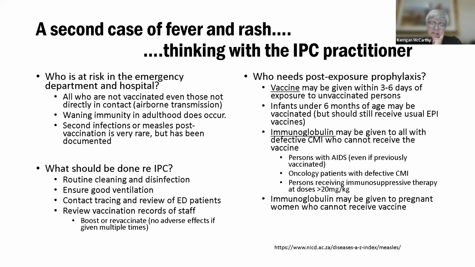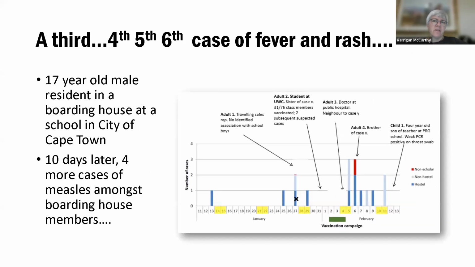And the guidelines for the dosage are the standard doses of human normal immunoglobulin. We move on to the last scenario, and this was the outbreak that occurred in 2017 and began in the city of Cape Town. You can see the timeline in the figure showing January and February